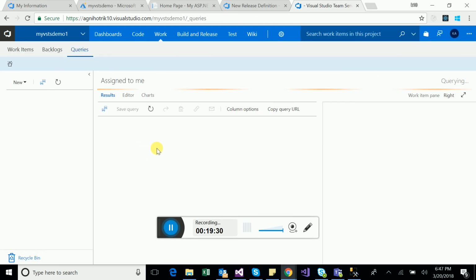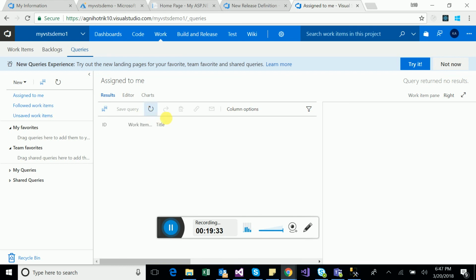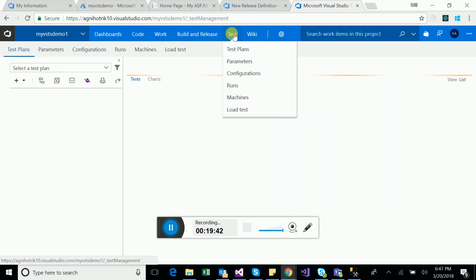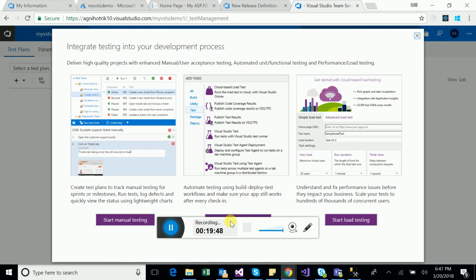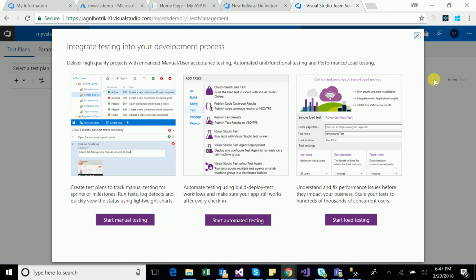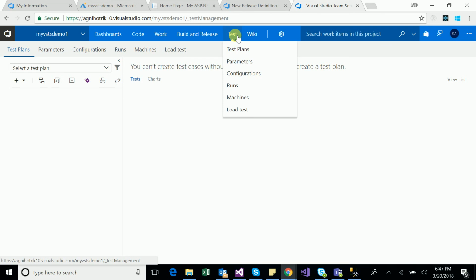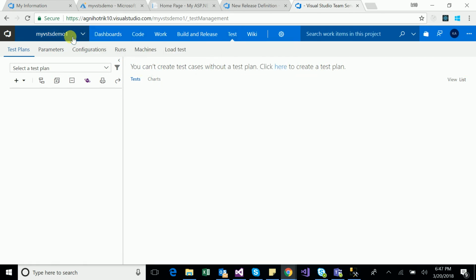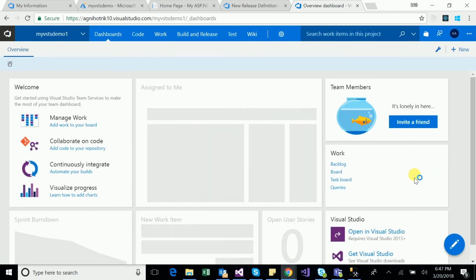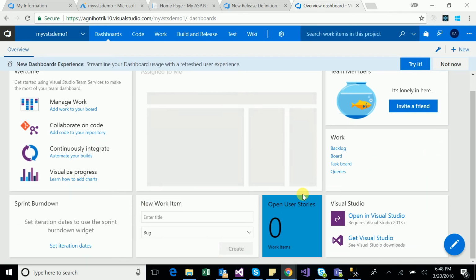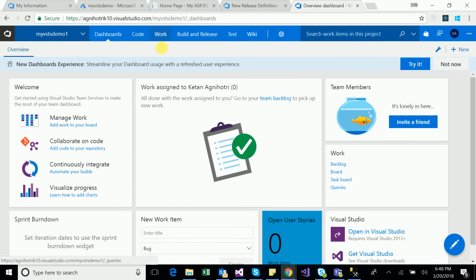Queries, you can write queries, you can pick your assigned work items to start working. Apart from these we have test related things also, load test and many stuffs are there. We will check those things in next videos, but just to give you an overview, I have selected this test option, and on dashboard you should be able to see all your work. You can invite your friends. You can add your bugs, you can prioritize them,